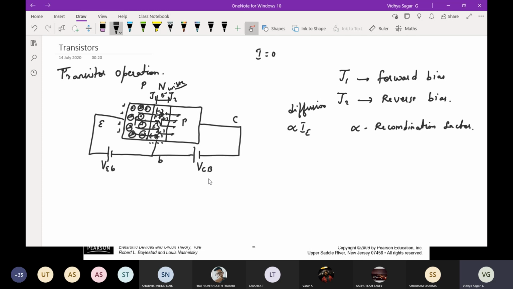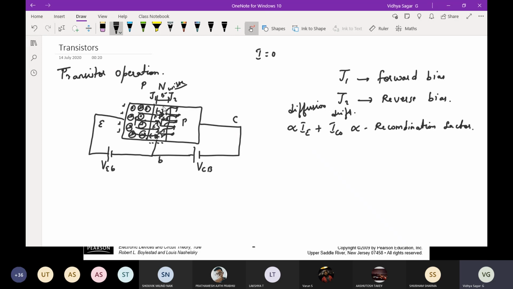So in reverse bias, what kind of current will I get? Drift current. Drift current is nothing but the reverse saturation current. Is it fine? Or leakage current. Different texts give different terminologies, so I could call it either leakage current or reverse saturation current. It is due to the field created. The minority charge carriers accumulated here will just drift. The minority charge carriers here will be electrons. Sorry, it will be holes.